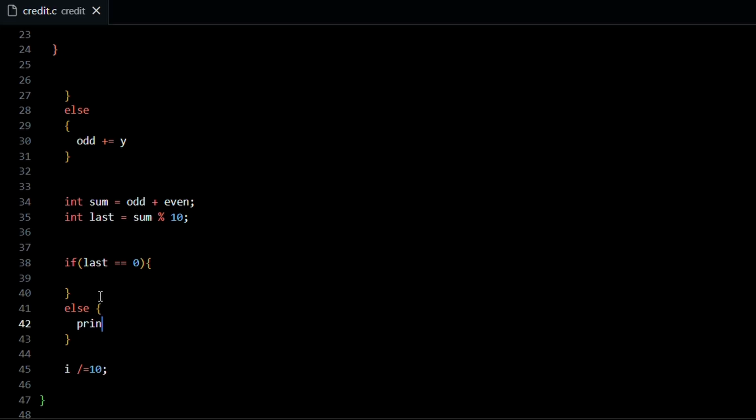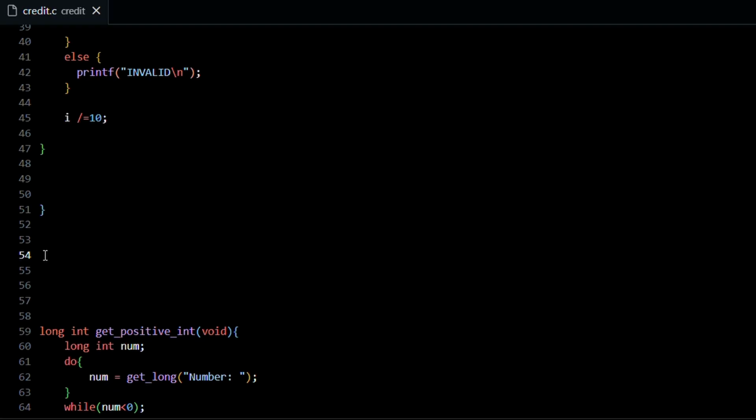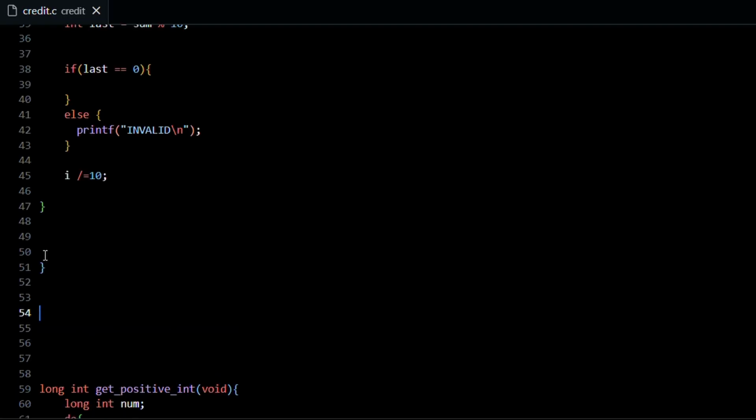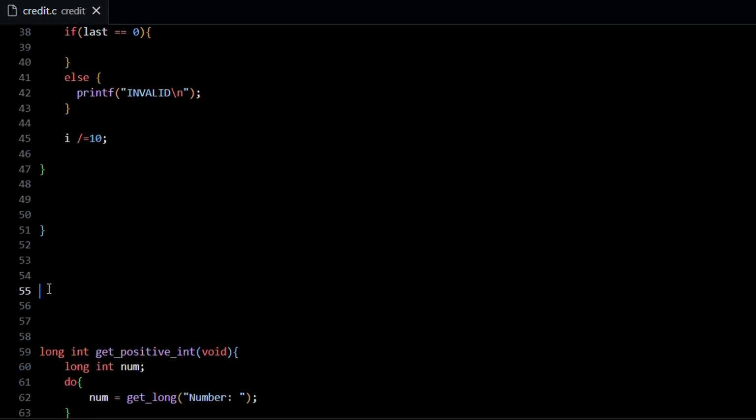Else, we can printf invalid. Now, if last is equal to 0, then we need to write a function that will figure out the type of card. Even if the last number will be a 0, there is a possibility that it might not be an actual card number. So we need to write another function that will validate if the number provided is really a card number. So let's create another function,